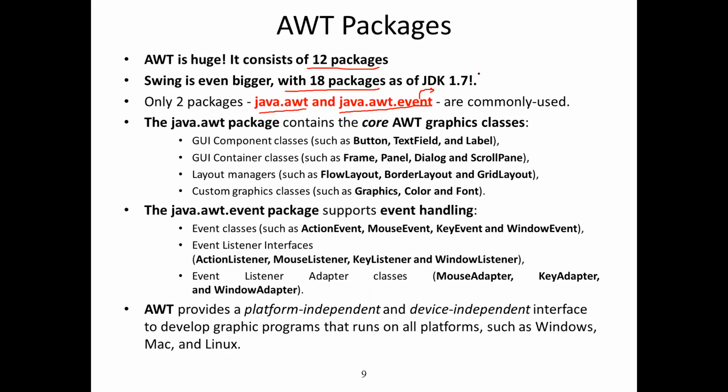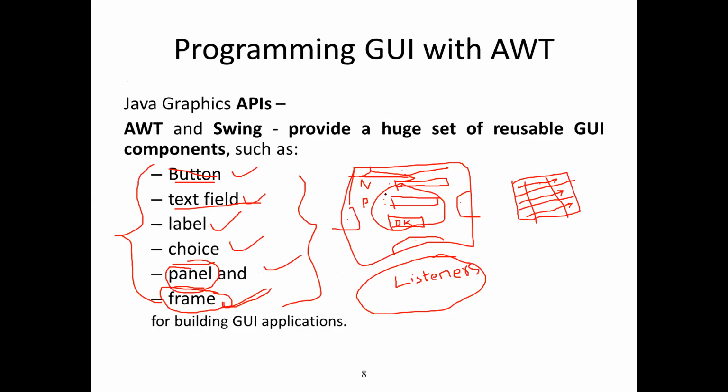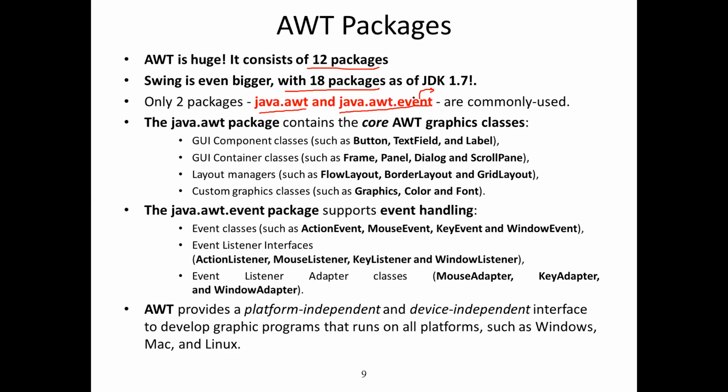For example, a button is there. I have created a button. Just in the previous example, I created the form and created an OK button. On click of this OK button, something has to happen. That something is given by this event. Java.awt creates only the components. To provide the action on clicking of something, that is given by the event. So that event package is available inside of AWT.